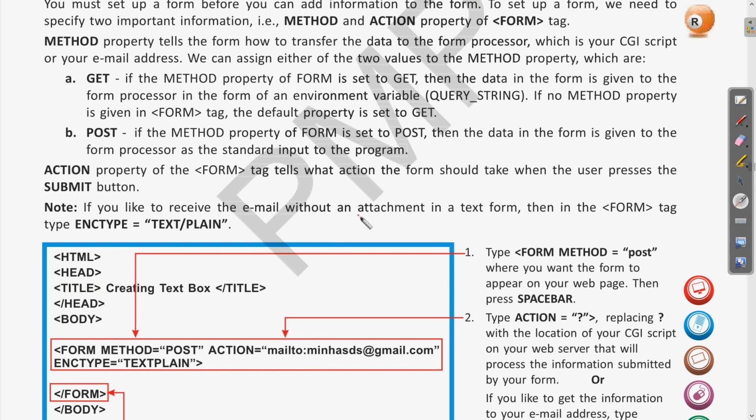So for that we need to specify this attribute in the action, in the form tag with the action attribute. So here it is, the enctype is text/plain. Clear? So this is the required feature if we don't want to attach any information.